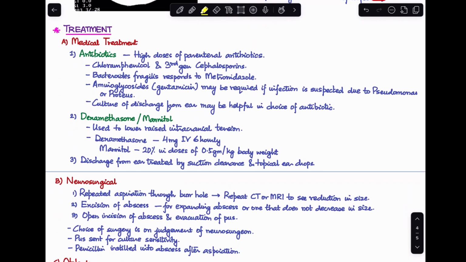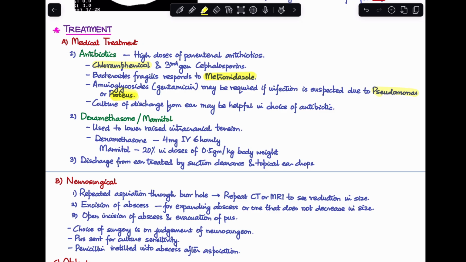First treatment that is important is medical treatment. Under medical treatment, first of all is intravenous antibiotics. We usually use third generation cephalosporin and chloramphenicol. And Bacteroides fragilis has been seen to respond more to metronidazole. Sometimes aminoglycosides may be required if we are suspecting a case of Pseudomonas or Proteus infection. A culture and sensitivity of the discharge from the ear can help you in determining which antibiotic would be best